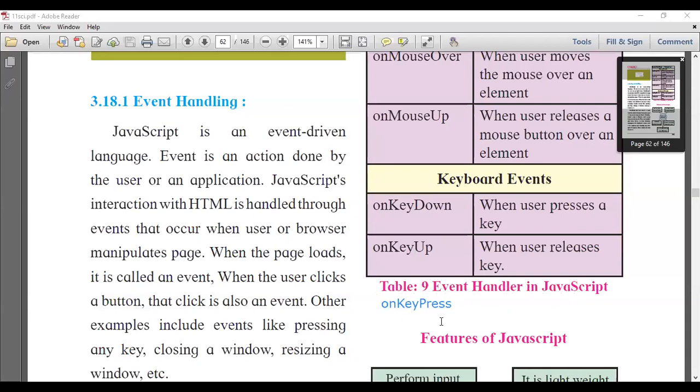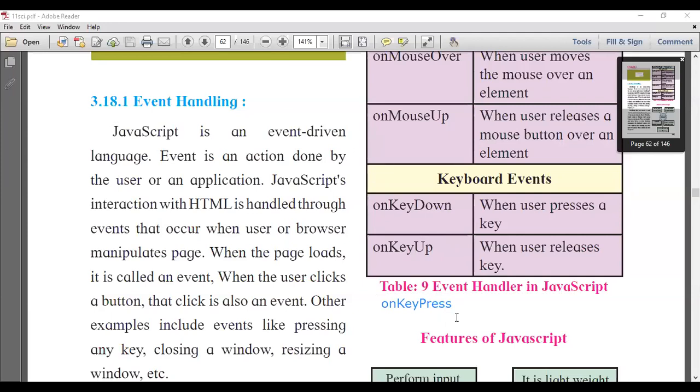On key press means this event triggers when you press any keyboard button and release it within a second. When you press a keyboard button, the on key down event triggers, and when you release the pressed keyboard button, the on key up event triggers.